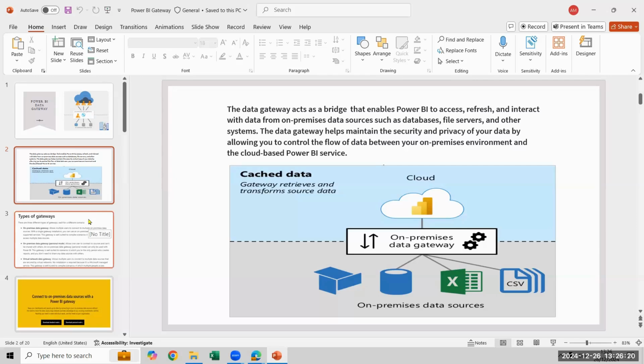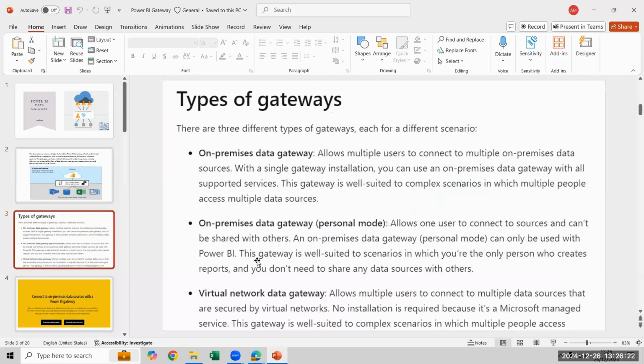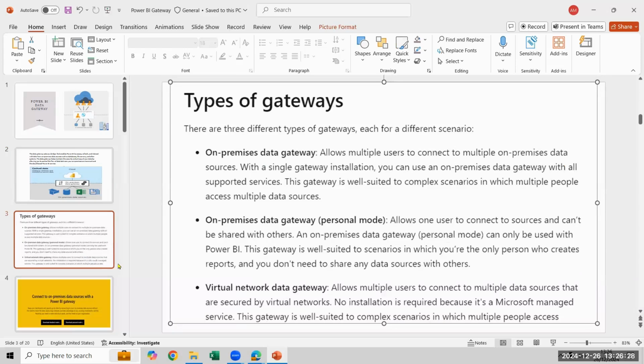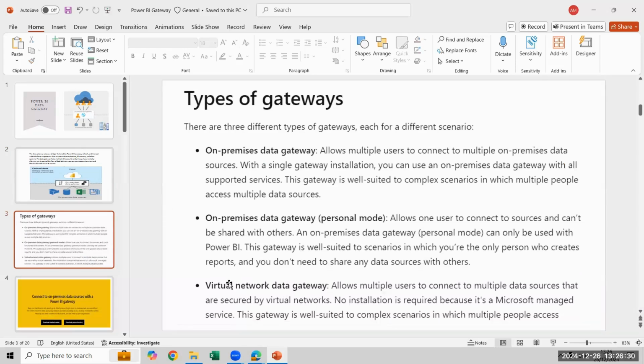How many types of data gateways do you have? Basically, you have 3 types. But among these, the virtual network data gateway is there by default in your system, so you don't have to worry. You need to download only 2 types. The first one is your